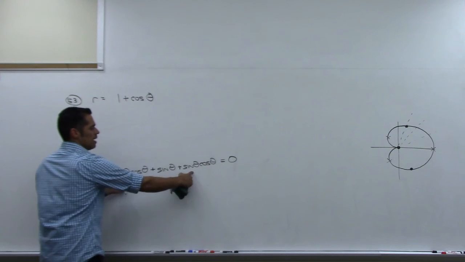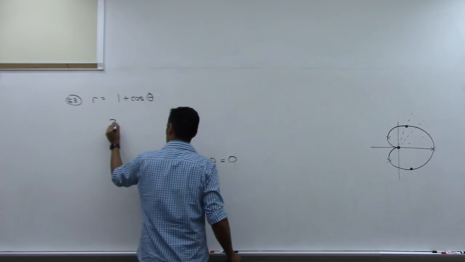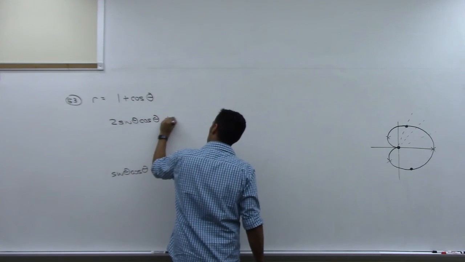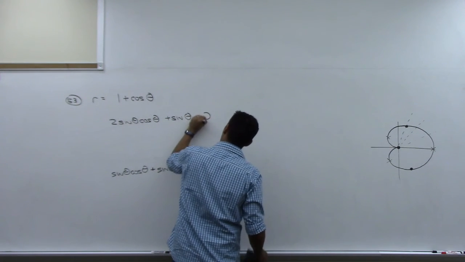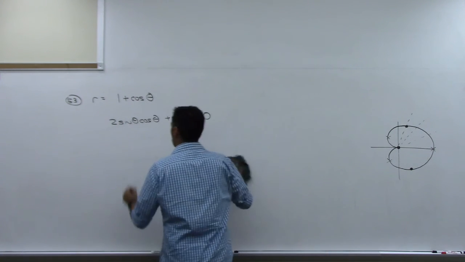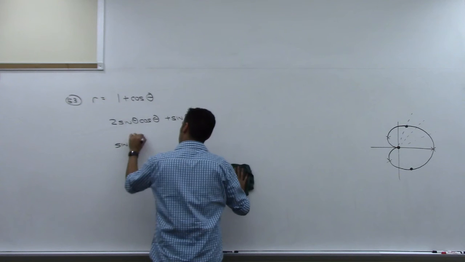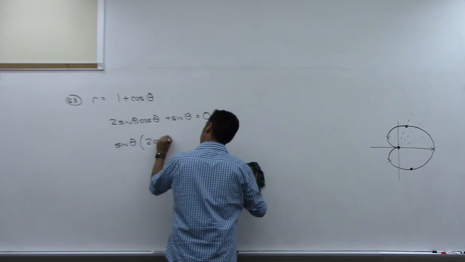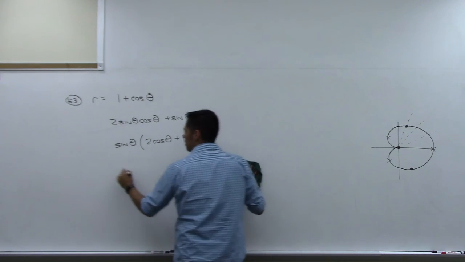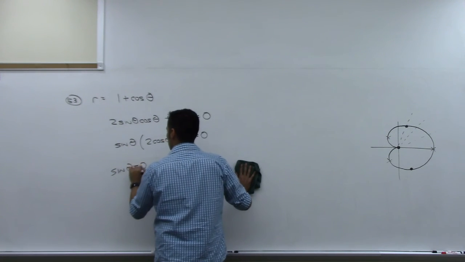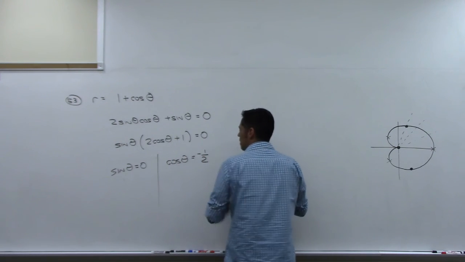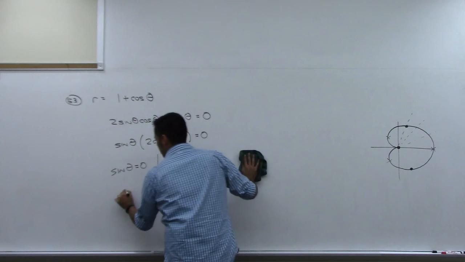Now let's put these two together. So I have two, because they're like terms. So 2 sine theta cosine theta plus sine theta equals 0. Another trig equation, just factor a sine out. This one, you don't have to do any messy quadratic stuff with it. And then set each of these equal to 0. So you get sine theta is 0. In the other equation, you'll get cosine theta is -1/2. And solving this one, you get theta is